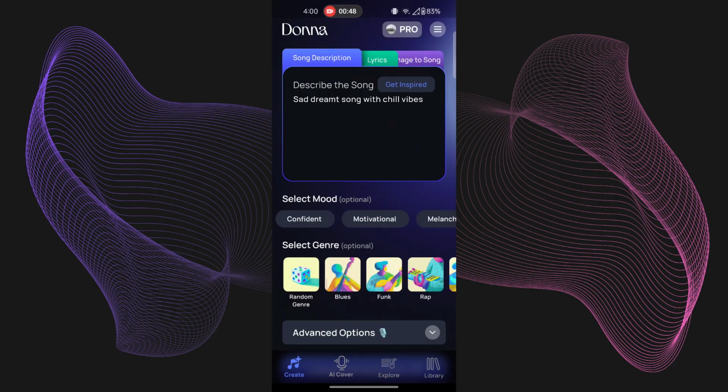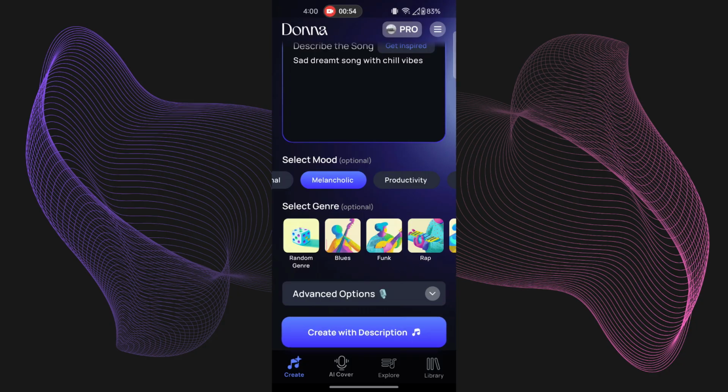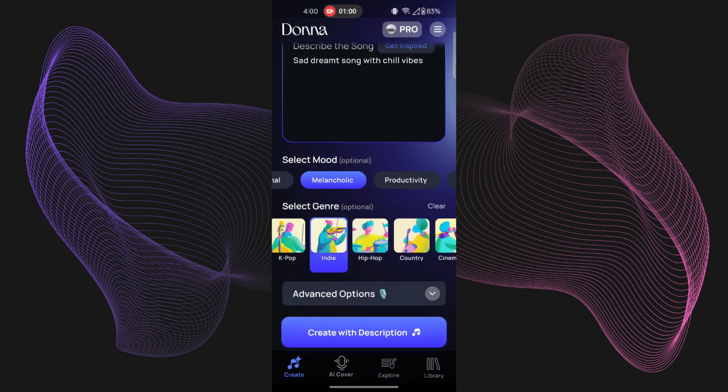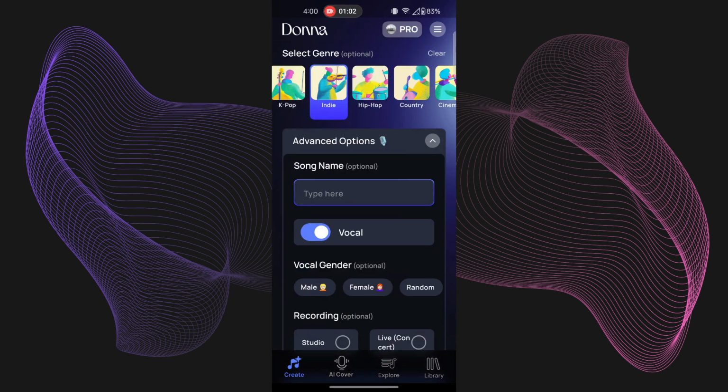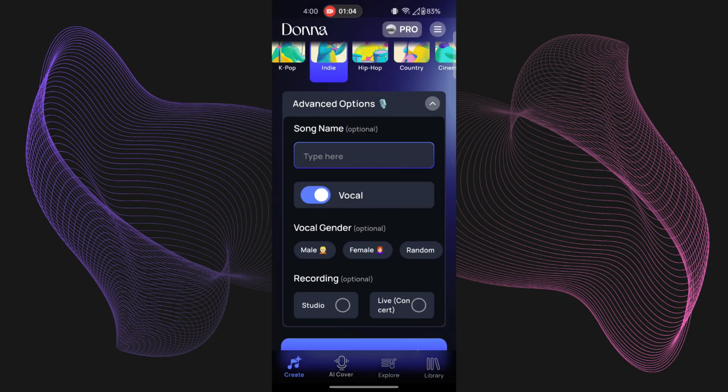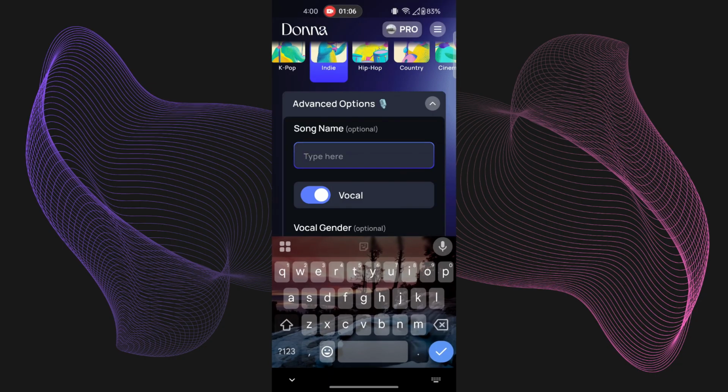After that, you just gotta go ahead and select the mood. So I'm just gonna go ahead and choose this one right here, and then you can choose the genre as well. So for genre, I'm just gonna go ahead and choose indie, and then you always got advanced options, so you can just name the song as well. So I'm just gonna type in